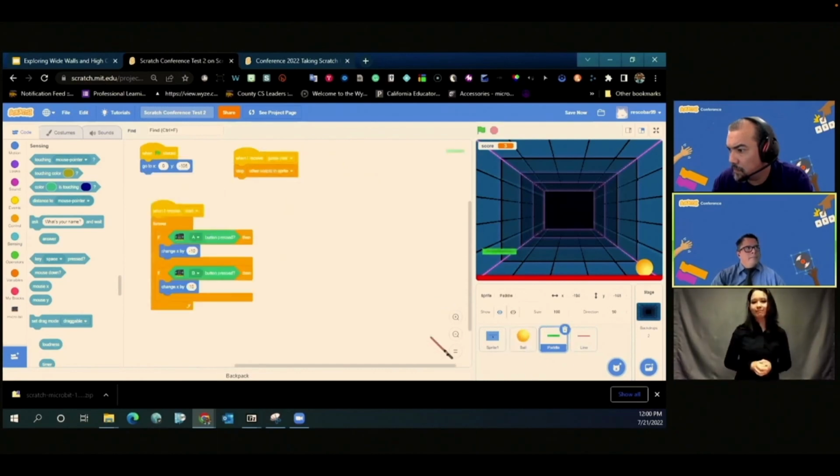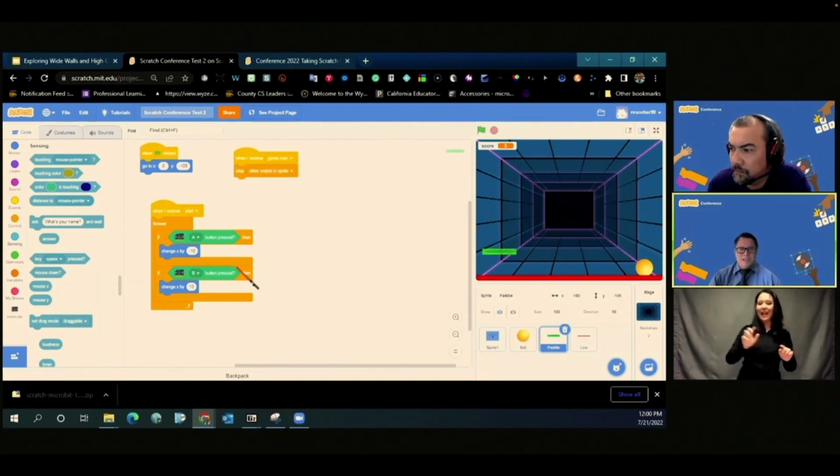Then we have the palette. The palette uses the same idea, but this one we have the microbit. So we're saying if button A is pressed, then we're going to change X by -10. I'm sorry, because we're doing it on the X-axis. In the case of Mahmoud's example, he was doing the Y-axis, but we're doing the X-axis. So there are different things that you can do with it. I really like the idea that Mahmoud said. I wonder if we can do this in a 3-dimensional way. It's going to be cool. Or at least 2